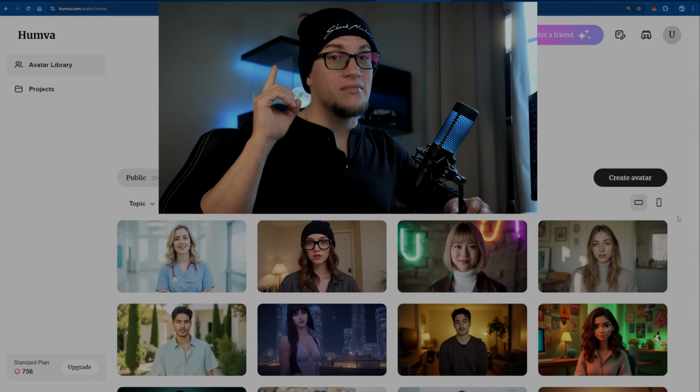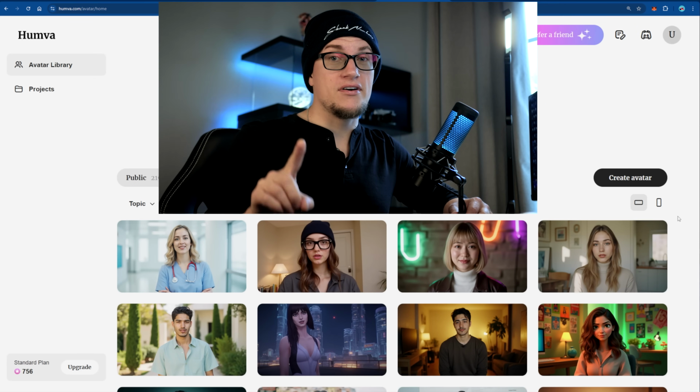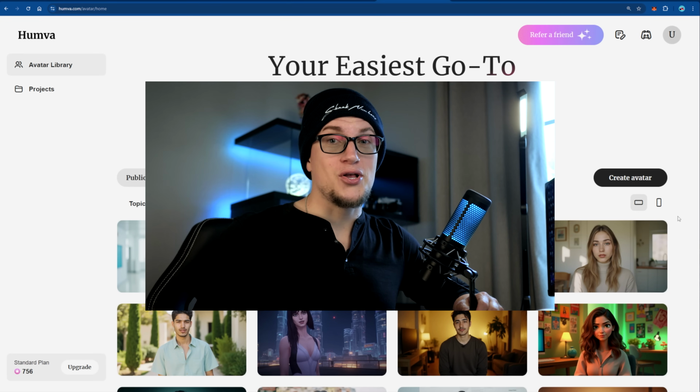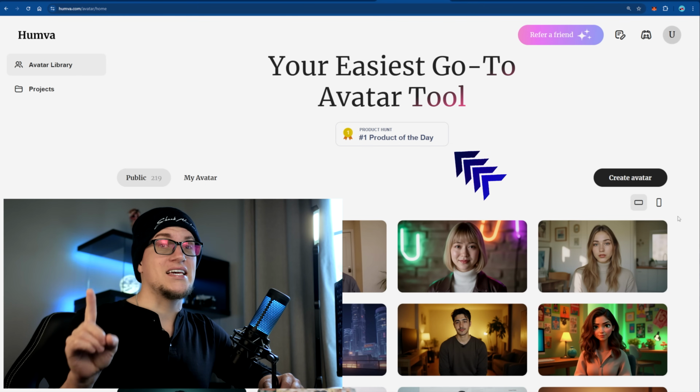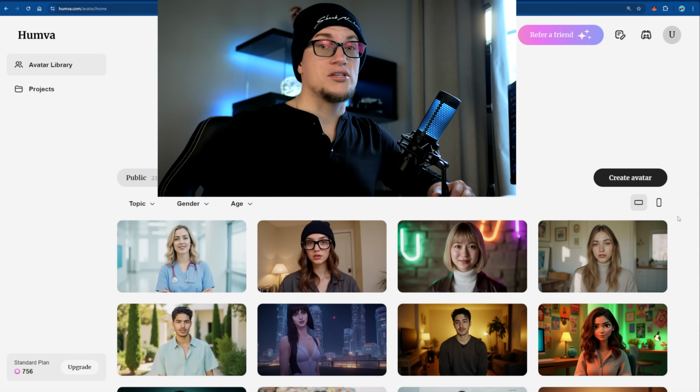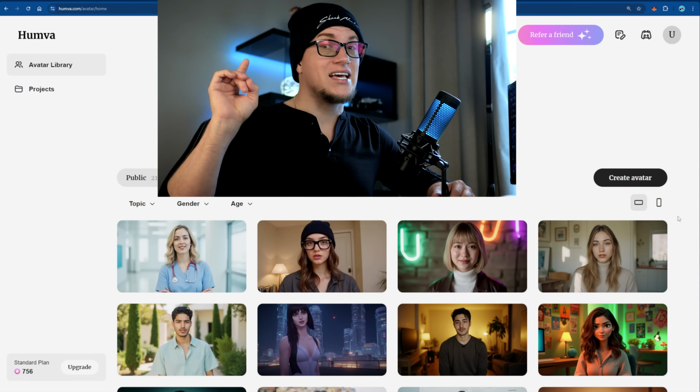This platform, this set of tools is called Humva AI, and unlike other similar platforms, this one is all about AI avatars. This one is all about the highest quality. Humva launched in January 2025 and has already secured the #1 product of the day title on Product Hunt. Users appreciate Humva's user-friendly interface and the ability to personalize avatars by selecting filters that include age, gender, appearance, and